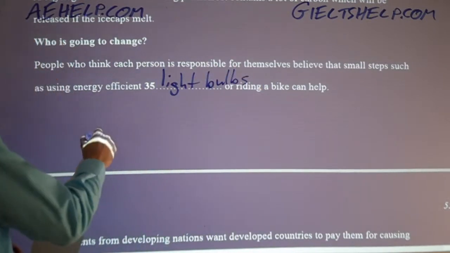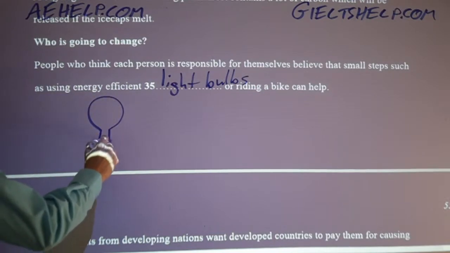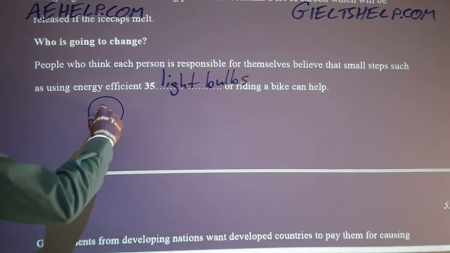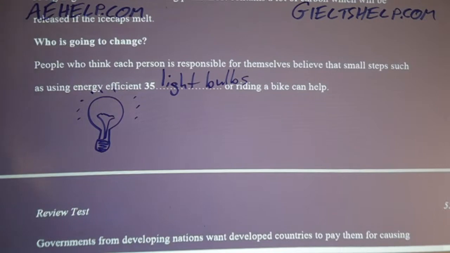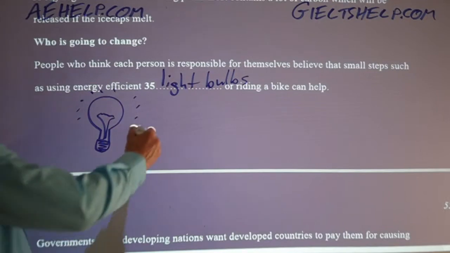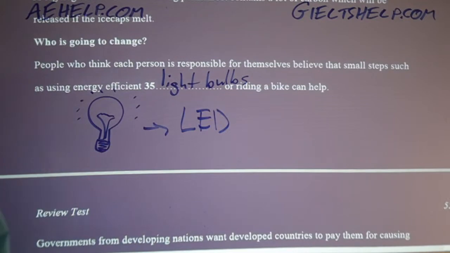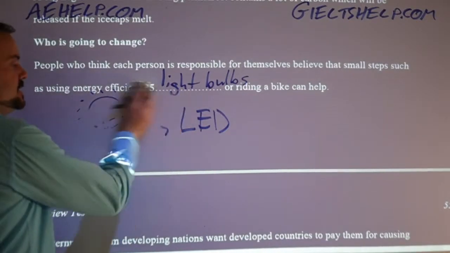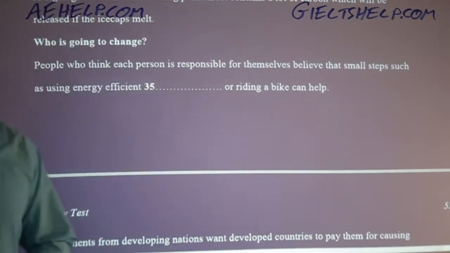Okay, a light bulb is this object here. All right, you're all familiar with it. You're probably all using one right now. So light bulbs, energy efficient light bulbs, LEDs, right? An LED would be considered an energy efficient light bulb. An LED uses way less electricity, doesn't need that piece of glass and metal. Very bright. Okay, so LEDs.